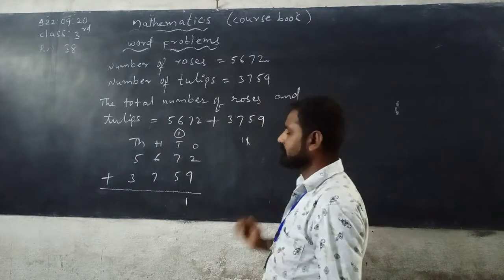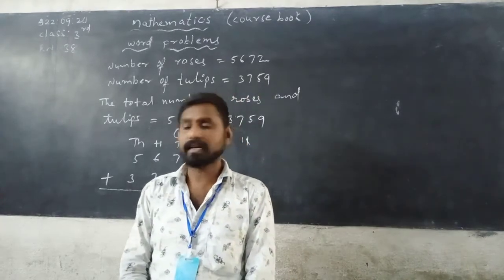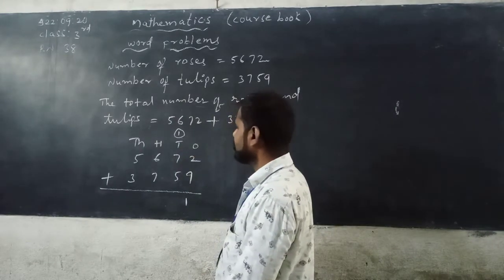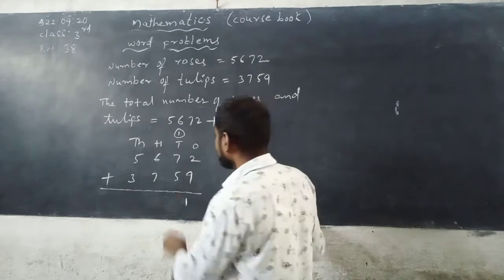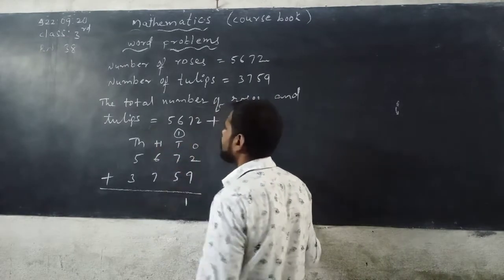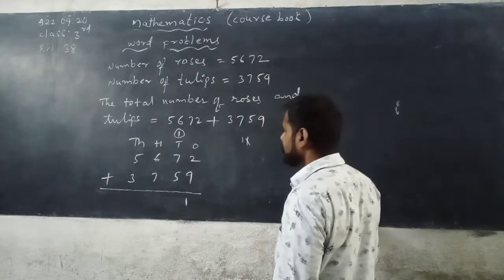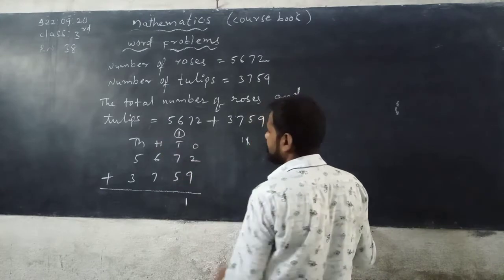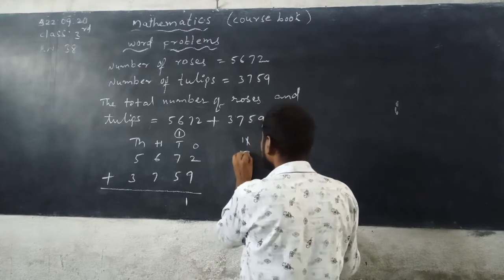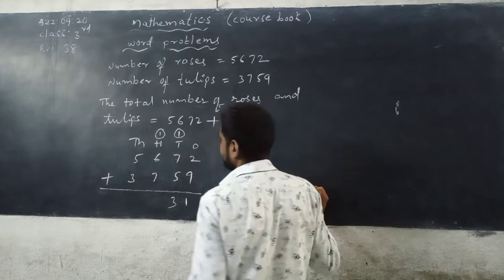Now, we add the digits next, that is tens place along with carrying. See here, we can add the digits in tens place, 7 and 5. These are digits in tens place, and you can add 1 also because this is carrying in tens place. So we can add 1 plus 7, 8. 8 plus 5, 13. 13 means 3 we take and write under tens column, 1 is carrying to hundreds place.